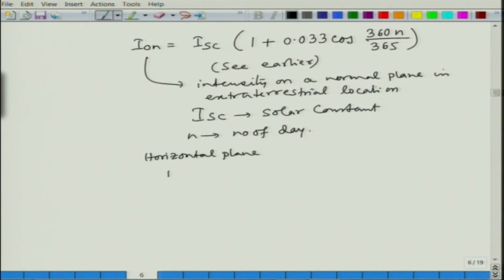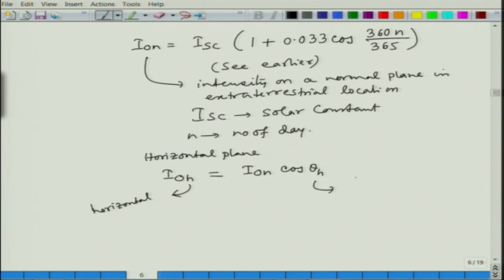So, let me write it to be IOH. Note the difference, this is H for horizontal. Now, how will this IOH be related to ION? This will be related to ION times cos of theta h. Okay. Theta h is the,